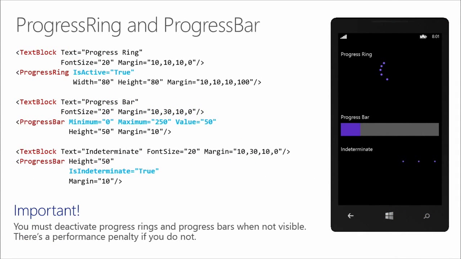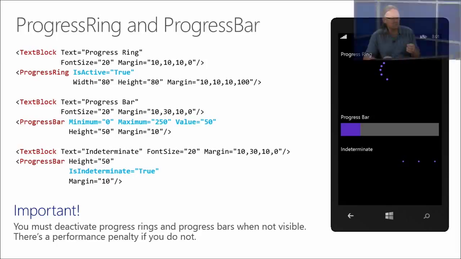We have progress rings and progress bars. These are very important. They're important across all mobile apps, particularly important in phone apps because you want to avoid that user frustration thing. When your code is doing something that's taking a bit of time, you need to keep them informed that something is happening. And you do that with progress rings and progress bars. And we've got these controls that are very easy to do that in line.